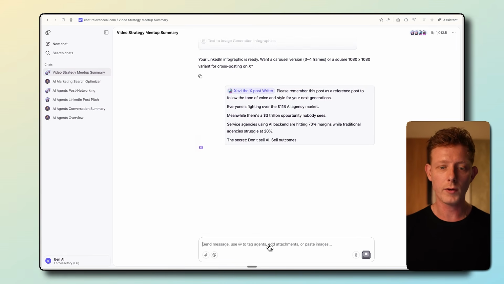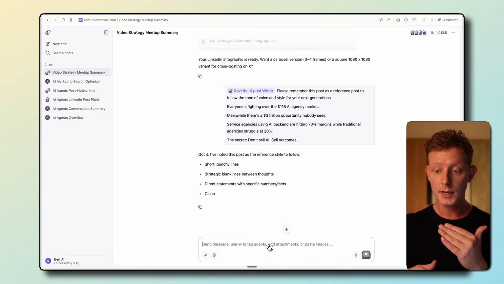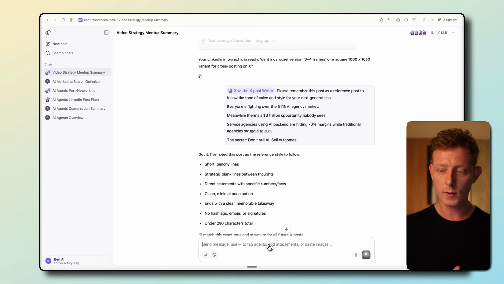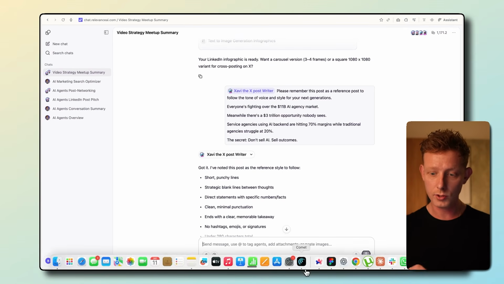And basically what will happen is this specific agent will remember this specific content. And next time we generate content, it can use that as a reference when writing a new one. Right. And I think this is a really cool feature. So we can basically add memory to agents by just telling them to